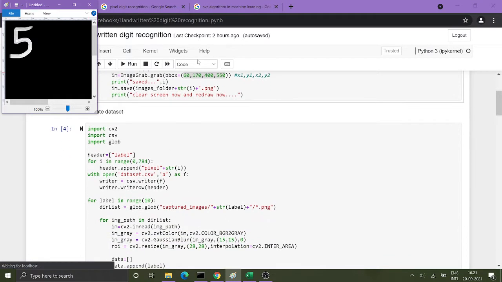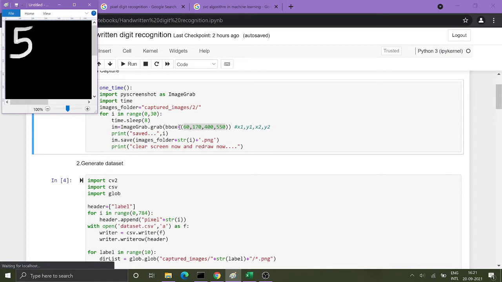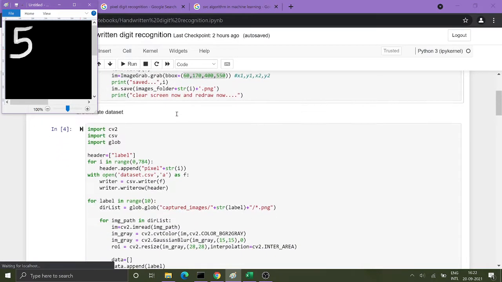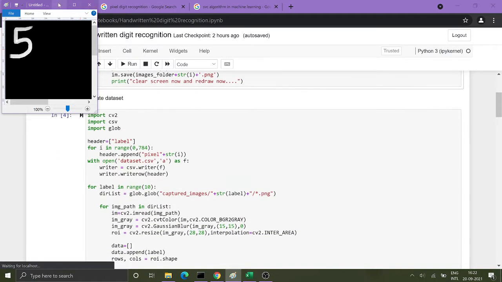Then after saving, it will print clear screen and redraw. So we have to redraw again and again. After every 8 seconds it will take that screenshot and store it in the folder. In this way I have stored each and every image in the folder.